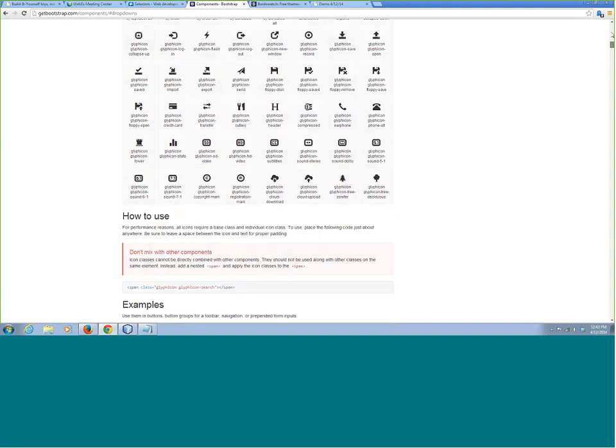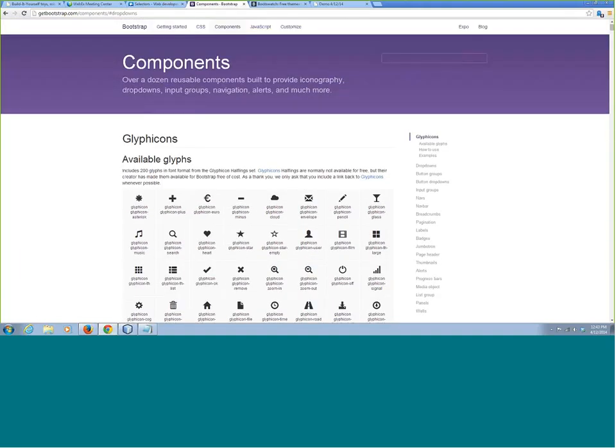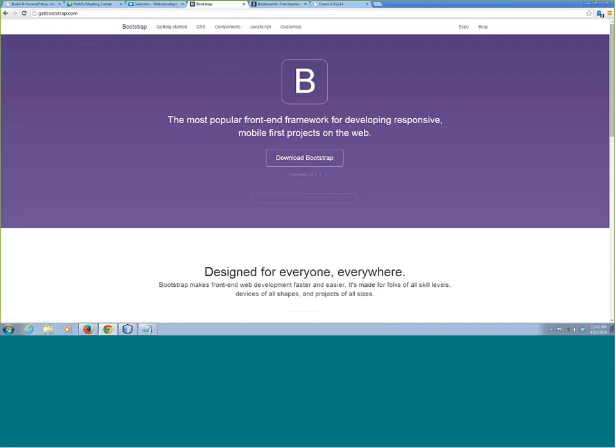So it's really nifty. If you haven't already, do go to this Bootstrap site and download Bootstrap so you can start playing around with that. One more thing I want to show in Bootstrap before I turn it over to you guys to do a little exercise,